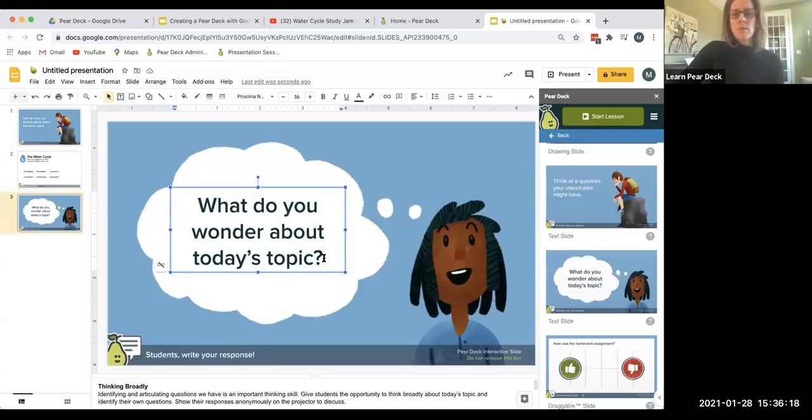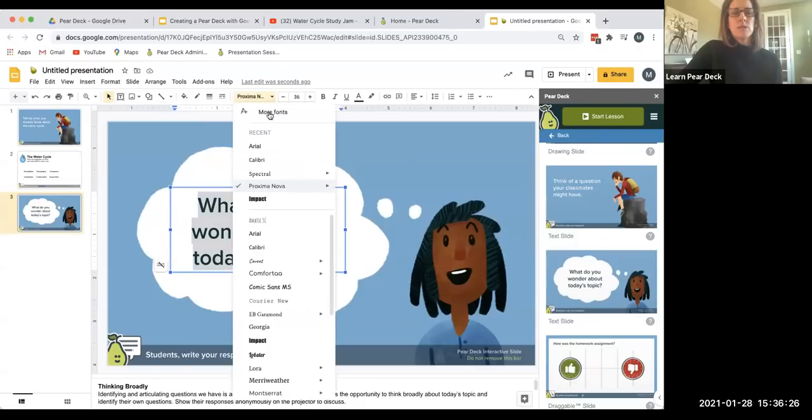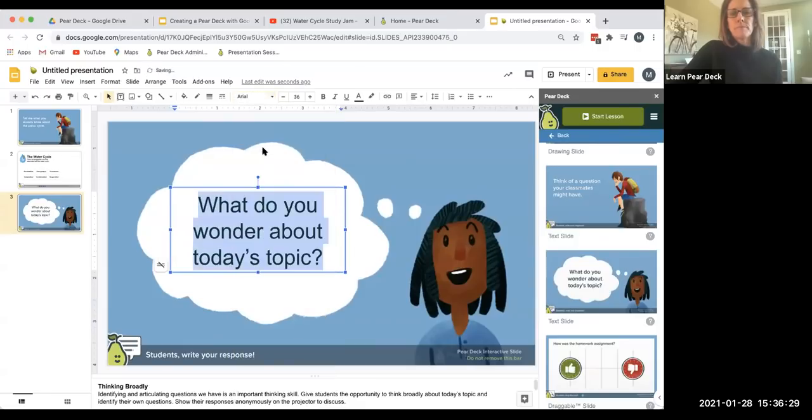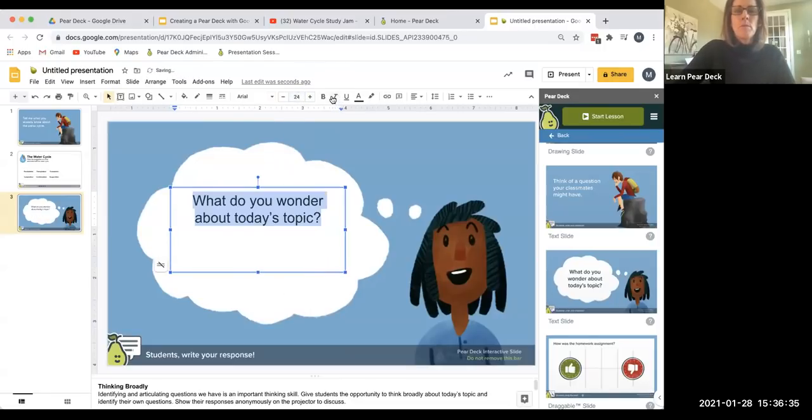So I'm going to click down there by the question mark, hold down and drag to highlight all that. I'm actually going to keep my font consistent. I'm going to change that to Arial. And we'll change this to 24. We will make this bold. I will keep it centered and keep it black. That's all good. And so I'm going to type in here,